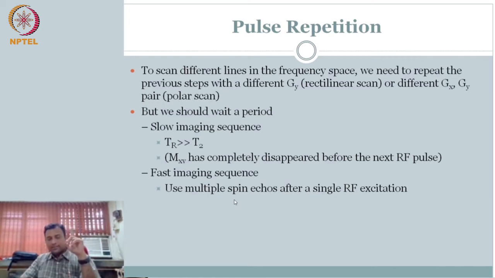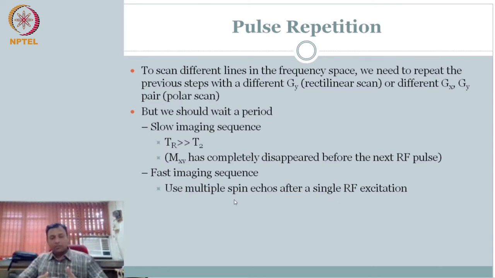Now I want the coherence to go out. I don't want them to come together. Then what will I do? Apply another Z pulse so that you accelerate the dephasing. So you spoil the signal before the next signal. How do you spoil the signal? In the volume, whatever is coming.